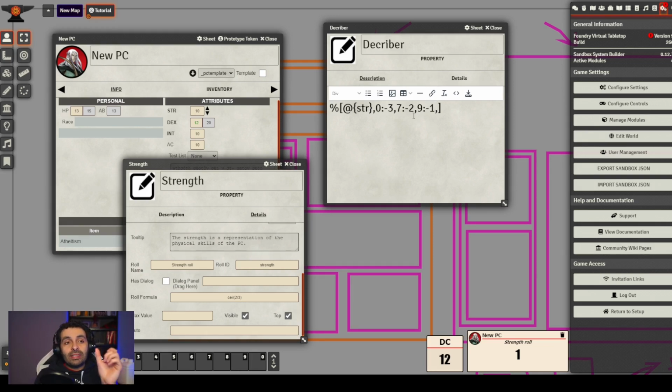If it's between 10 and 12, it's 0. If it's between 13 and 14, it's +1. And if it's 15 or higher, it's +2. Okay, let's leave it here.